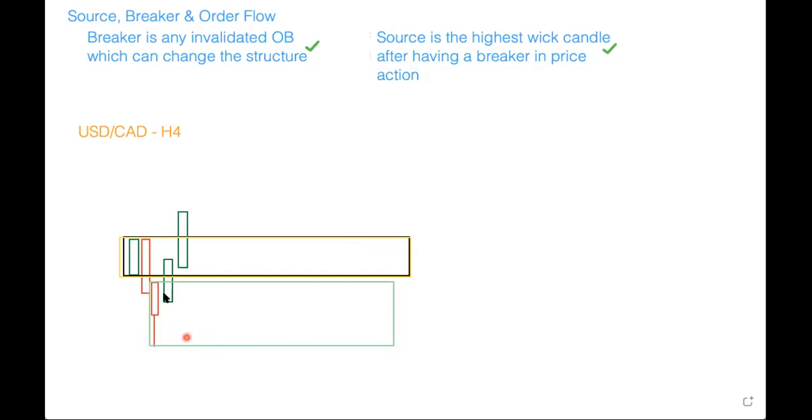And then we will consider this candle with the highest wick, okay? In the practical example that I will show later, we may have another candle with the less wick, but we will consider the highest wick as the source part, okay? And we can consider the whole candle as the source. But the important thing is the lowest part, because this part here down, this part is going to be very important level,